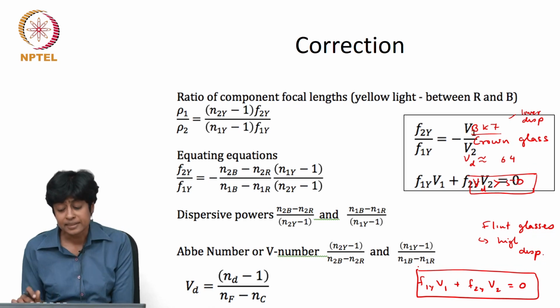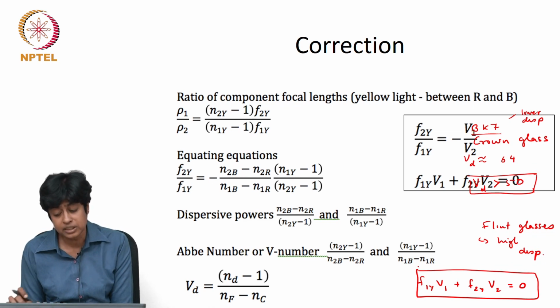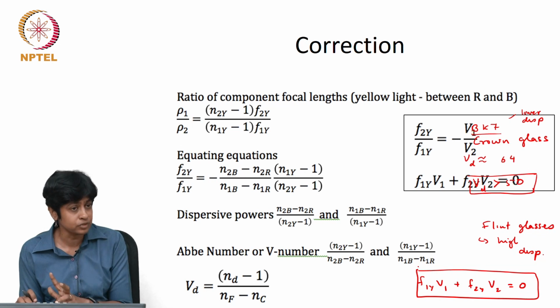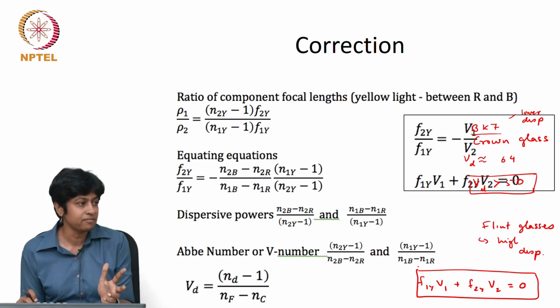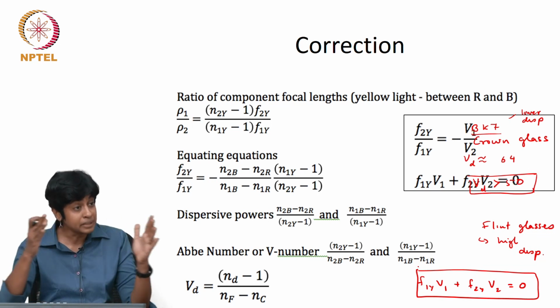Now note that you have written this equation in terms of the focal length of each of those lenses, but it is the focal length at a middle wavelength, the wavelength that lies in the middle of the